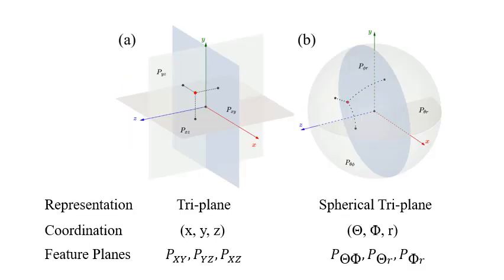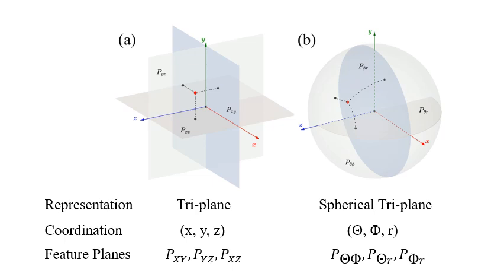To address this problem at its root, we propose a spherical triplane representation, which is defined in the spherical coordinate system. Similar to how the triplane uses XY, YZ, and XZ planes to represent a 3D object, our spherical triplane uses theta-phi, theta-radius, and phi-radius planes to represent a 3D object. The geometric properties of the sphere explicitly separate the features of each position on the head, thereby completely resolving the